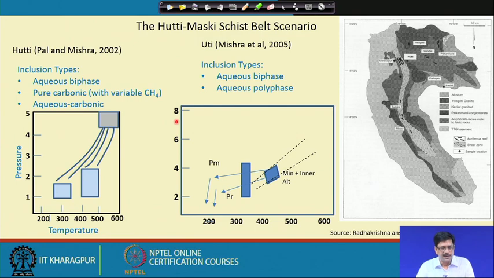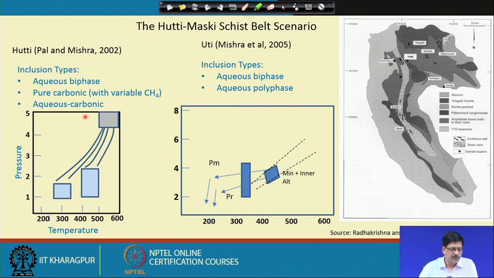Okay. So, let us look at a similar situation from the Hatti-Maski schist belt. We know this is the map of the Hatti-Maski schist belt, where this is the presently producing mine Hatti with multiple lodes shown here, and here there is one deposit which is very close to the younger granitic body, the Yellagatti granite, which is exposed here. This is the Uti deposit, and here there are Wandali and Hirabudini prospects which are also within the Hatti group of metabasic rocks. And so, fluid inclusion studies were conducted in the Hatti and the Uti deposits.